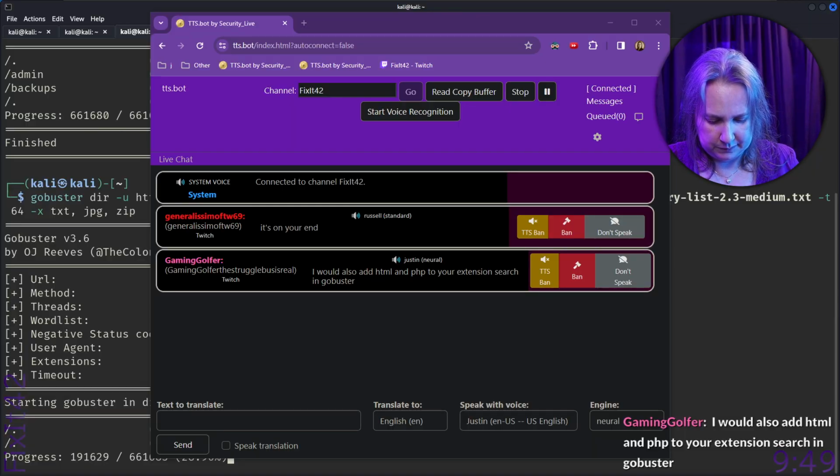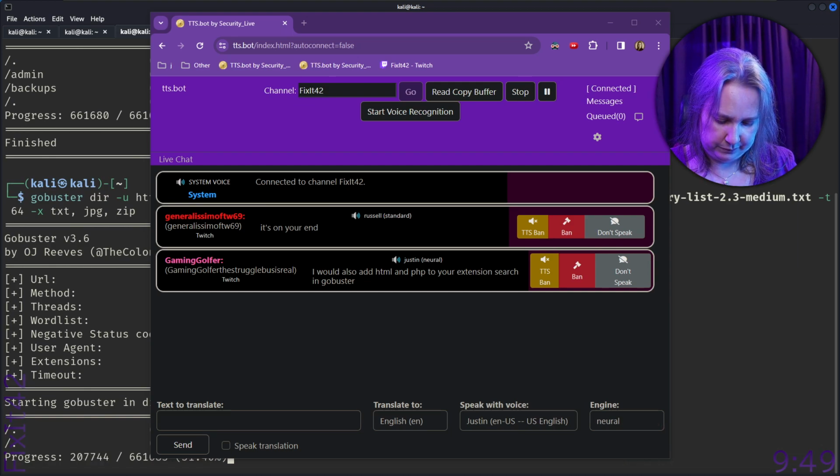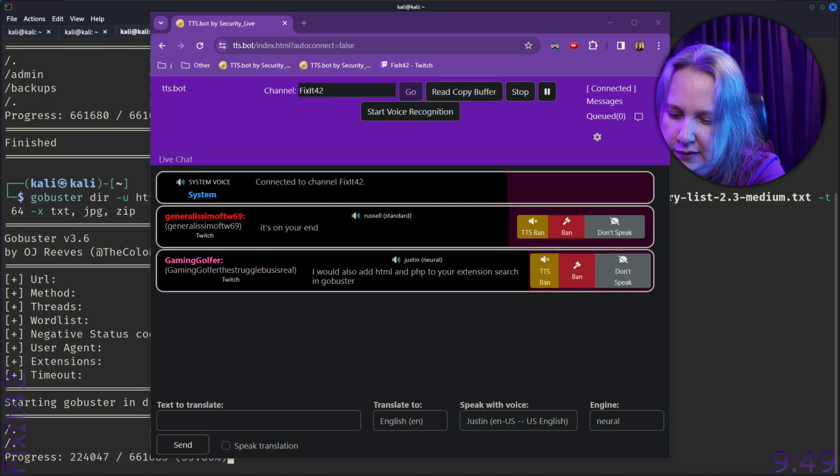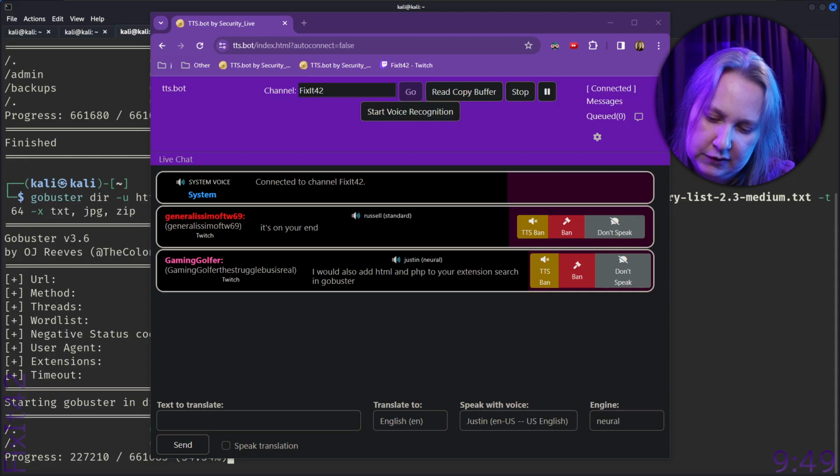Let's try. No, that's definitely wrong. So, let's put these on charge in here. Let's get USB. It's charging.